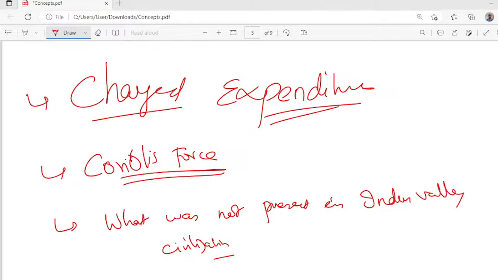Charged upon expenditure: president, vice president, UPSC, CAG. Correct. Coriolis force helps in the deflection of wind, and it's also important for the creation of cyclone. So two things: Coriolis force we need for cyclone formation, and also for deflection of the wind. What was not present in the Harappan civilization? Temple was not present, iron was not present, palace was not present, then currency was